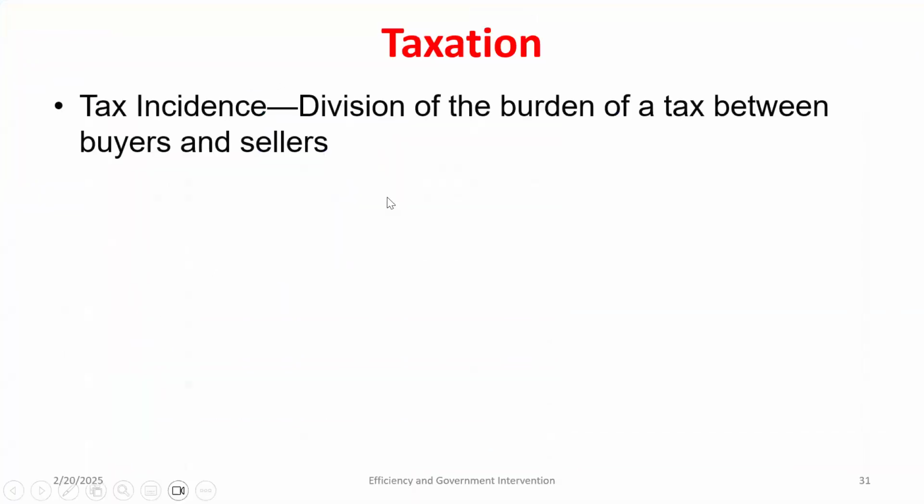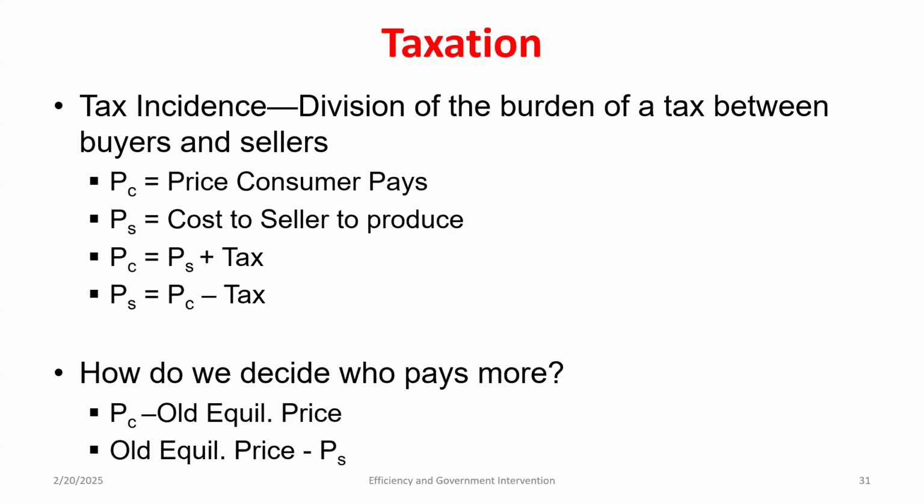Any other questions before we jump back into things here? So the next thing we're going to talk about is tax incidence. There are different ways of thinking about this. The first way uses what we've already talked about. We talked about this relationship: the price the consumer pays is the price that the seller gets to keep plus the tax, or the price the seller keeps is the price the consumer pays minus the tax. So we've got to think about how much more per unit the consumer is going to pay, and how much less per unit the seller is going to keep. Which one of those differences is larger? That's who's going to bear more of the burden.